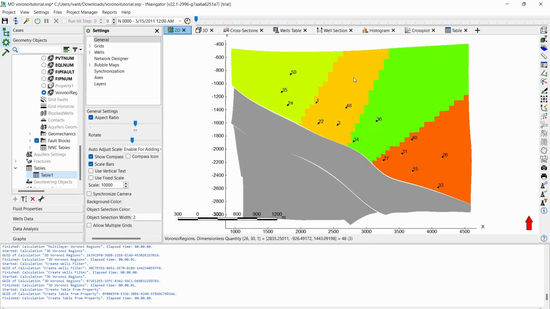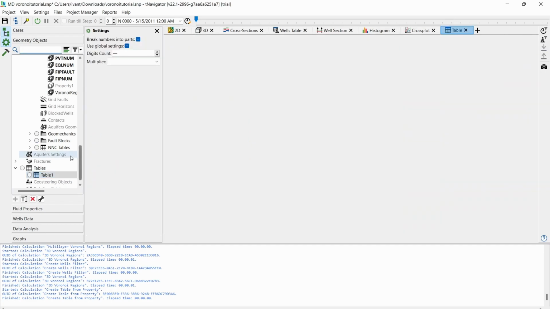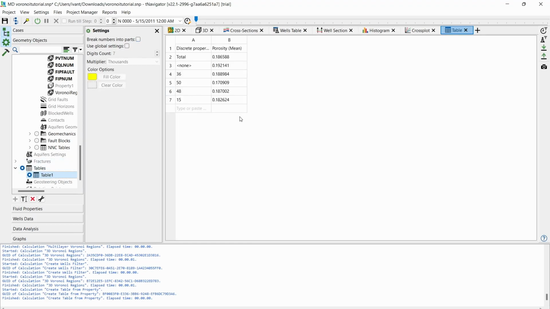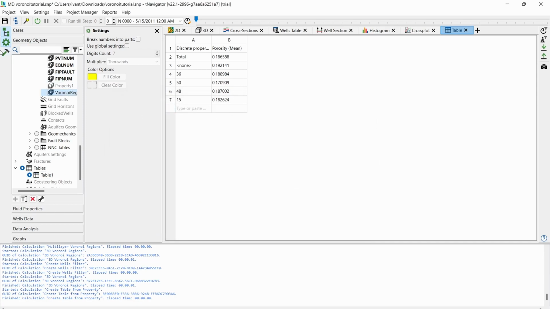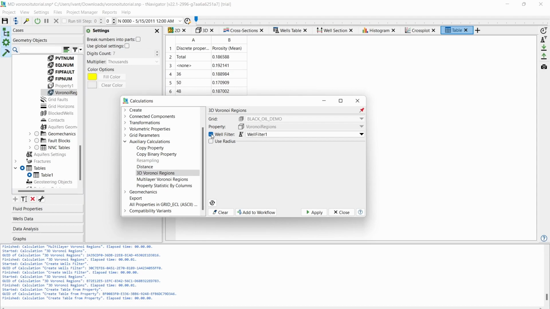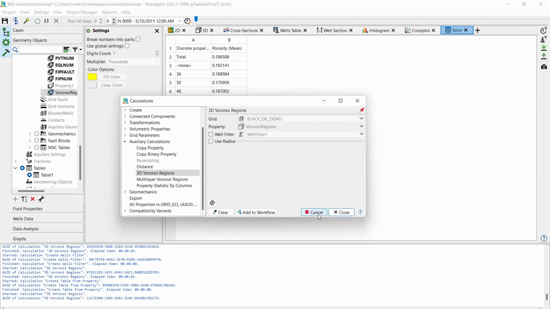How to show the table is by clicking this table here and tick on the table 1. This only shows the wells that we already created from the filter. If we want to turn off the filter, then we have to change the well filter here, untick the well filter, apply,